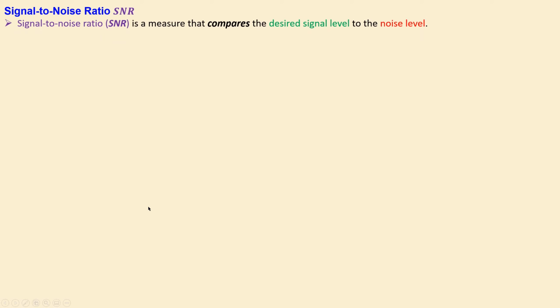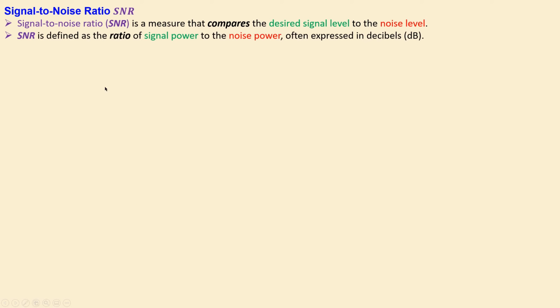But before we move on, let's also look at the signal to noise ratio, very important. The signal to noise ratio is a measure that compares the desired signal to noise. In a more precise way, it is defined as the signal power to the noise power, often expressed in decibels. If you have a ratio higher than 1, or greater than 0 dB, that indicates you have more signal than noise. Otherwise, you have more noise than signal. So if the ratio is between 0 and 1, or the value is less than 0 dB, negative, that means you have more noise than signal.